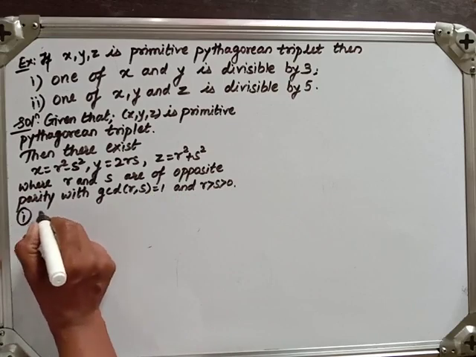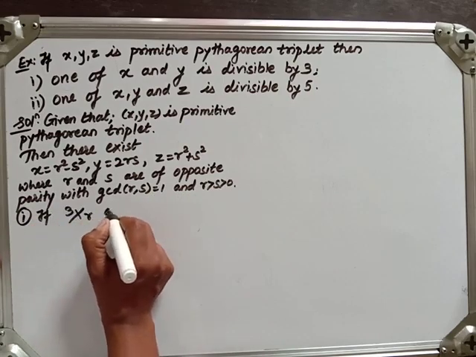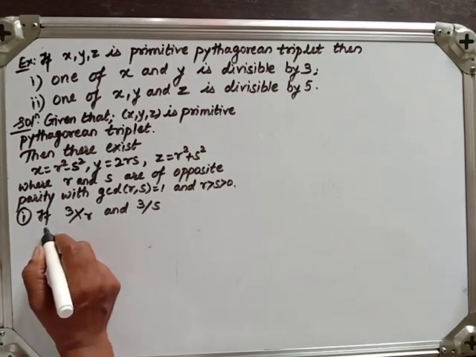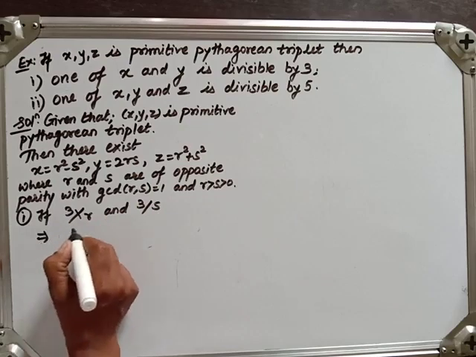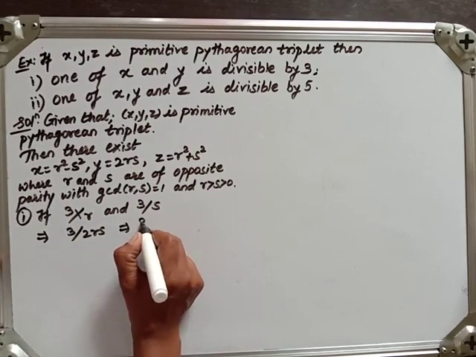First, if 3 doesn't divide r and 3 divides s, this implies 3 divides 2rs, that is 3 divides